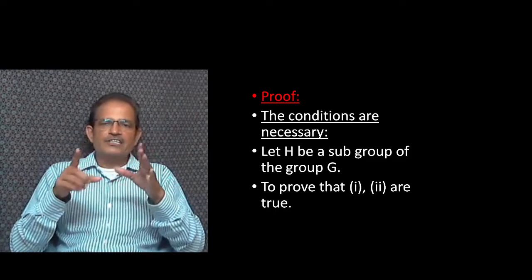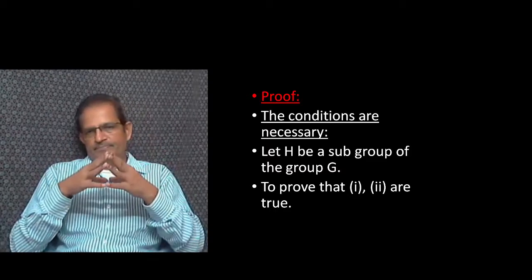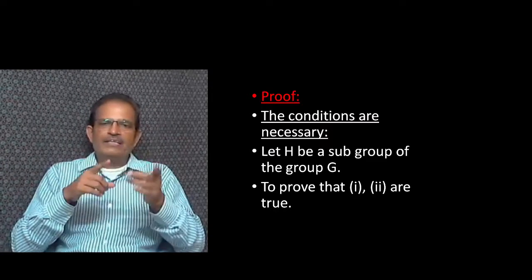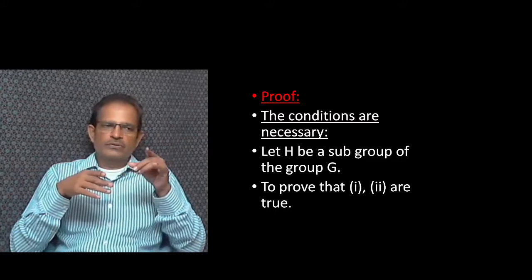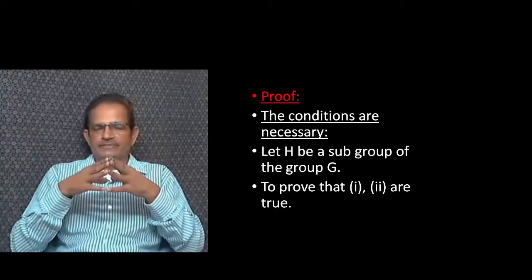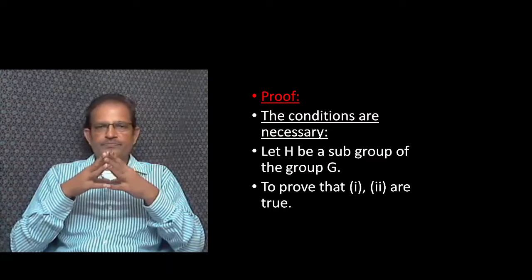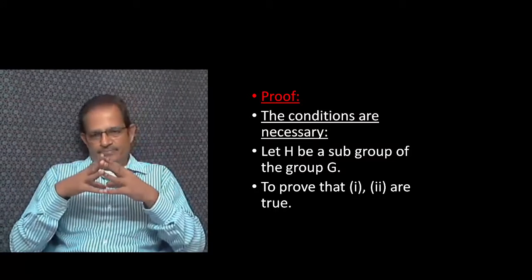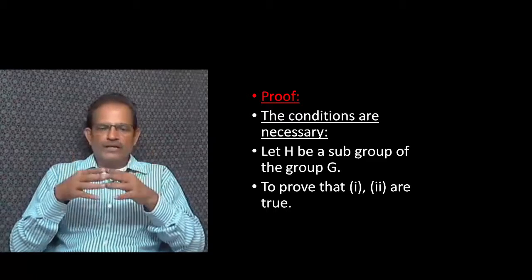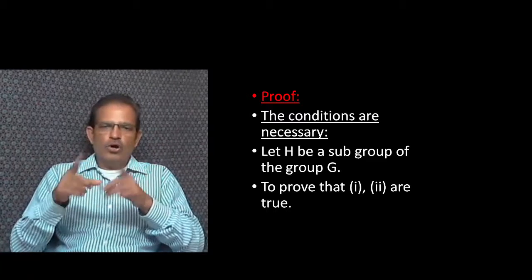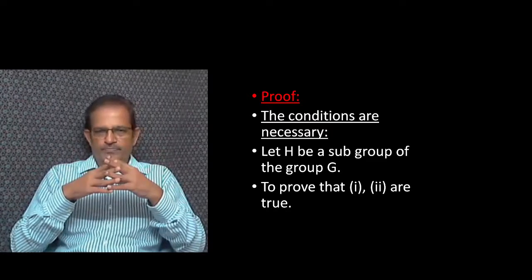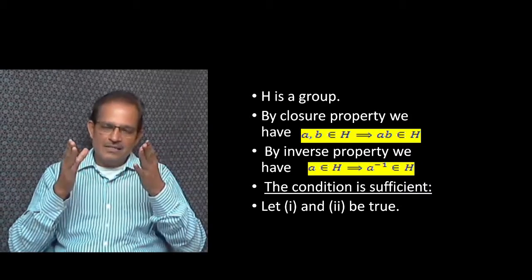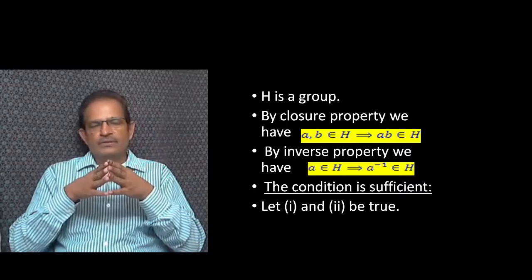First, the conditions are necessary. It means if H is a subgroup, the given conditions 1 and 2 are satisfied. So let H be a subgroup of the group G, to prove that 1 and 2 are true. So H is a subgroup, and a subgroup itself